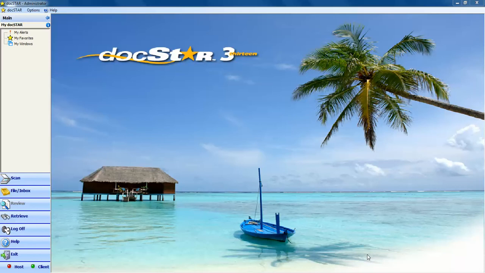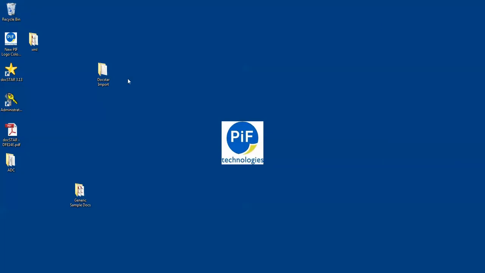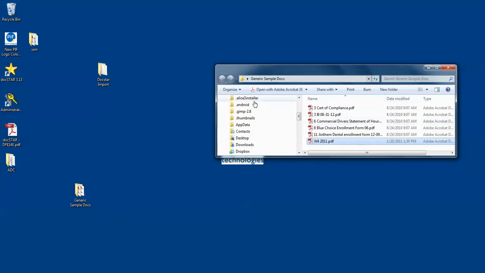Let's begin. The first part we'd like to talk about is importing documents electronically from your PC. There are three ways to accomplish this. The first way is what we call the drag and drop. From your desktop, you can browse to a folder. Here I have just a sample folder, but I could choose any folder out on a network drive, a local drive, wherever you have your documents stored. Browse to that folder, select the document or documents,